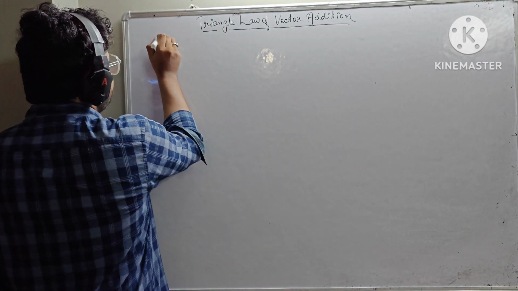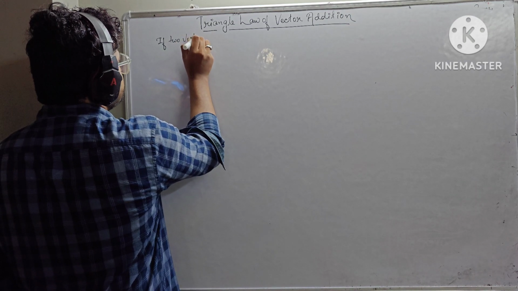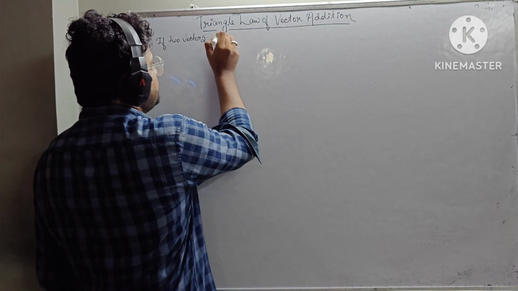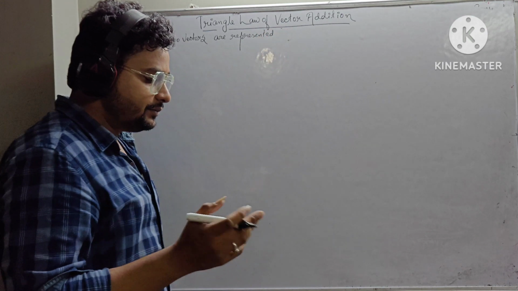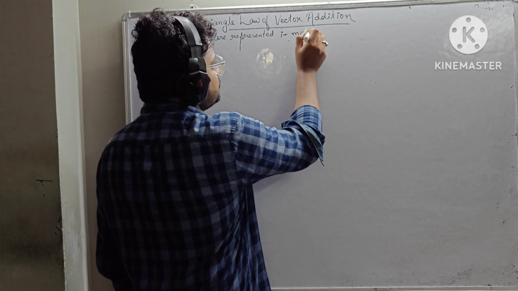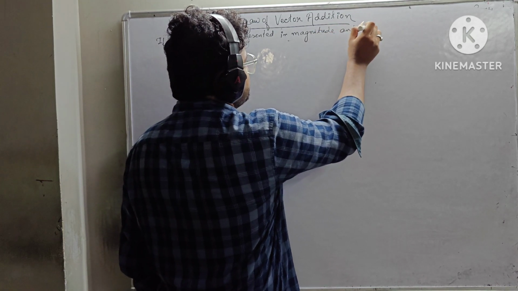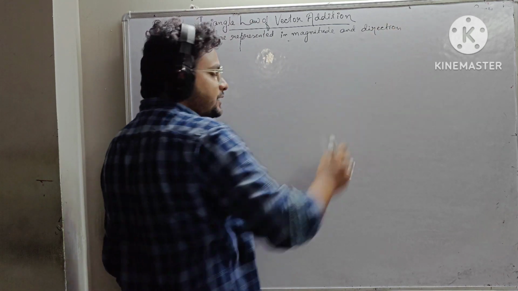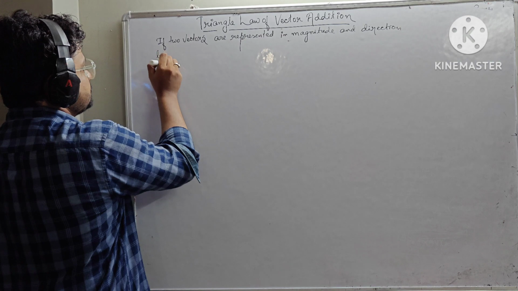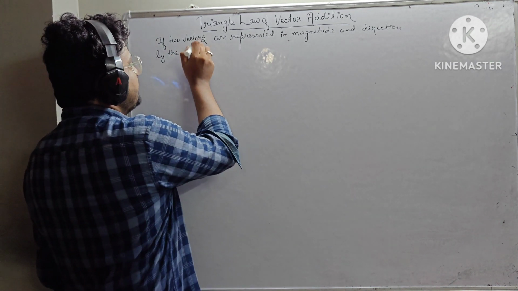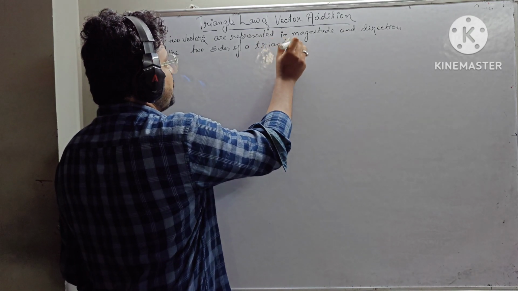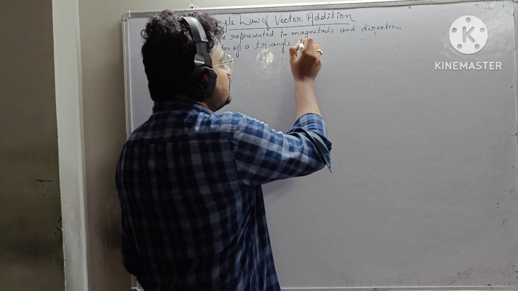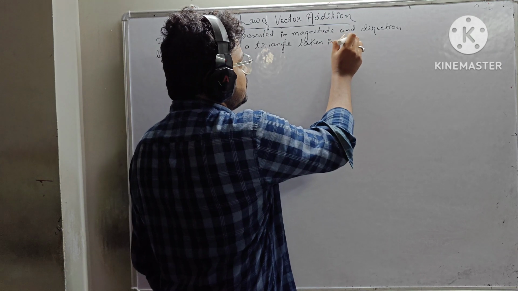Let us first see the statement. What does the triangle rule of vector addition say? It says if two vectors are represented in magnitude and direction by the two sides of a triangle, taken in the same order. This is very important to understand. Taken in the same order,